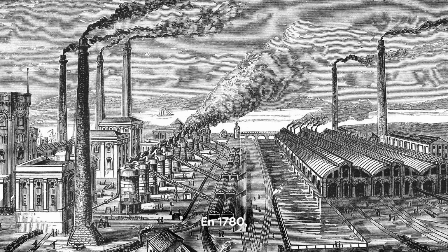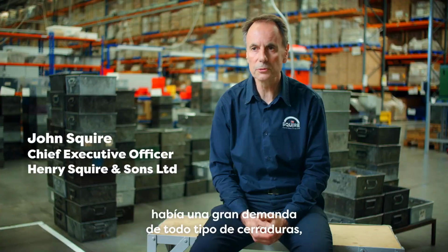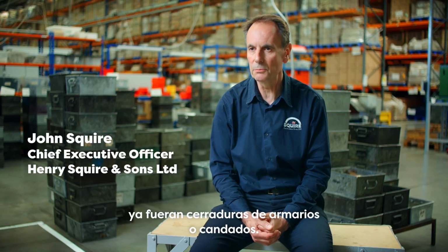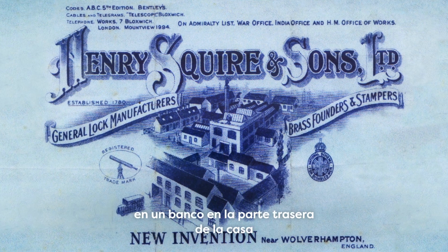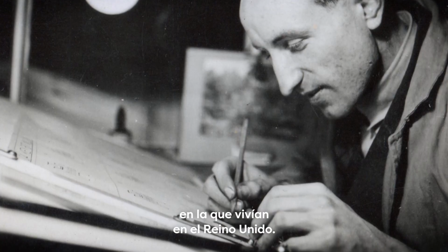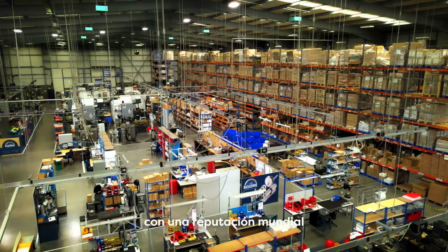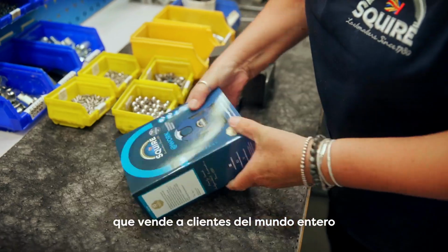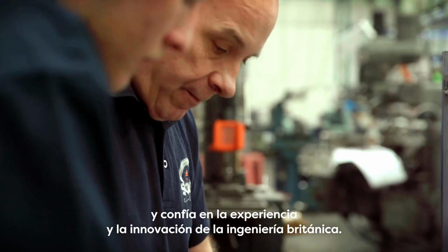Back in 1780, we were in the middle of the Industrial Revolution, and there was a great demand for all types of locks, whether it's cabinet locks or padlocks. My family started to build and develop those locks on a bench in the back of the cottage that they were living in the UK. It has now grown into a world-renowned lock-making business selling to customers worldwide, built on the British engineering, craftsmanship and